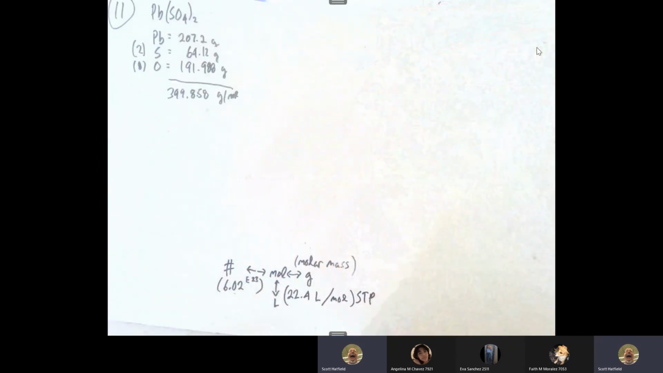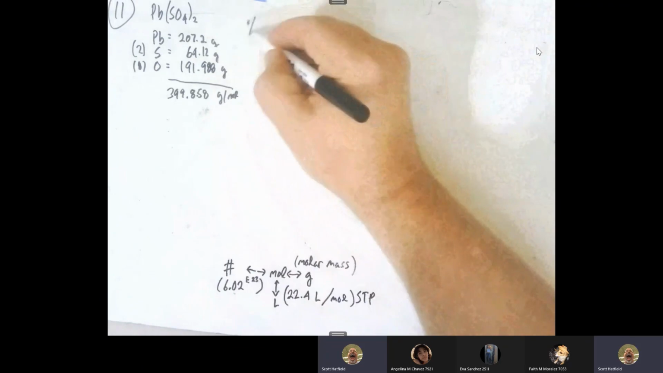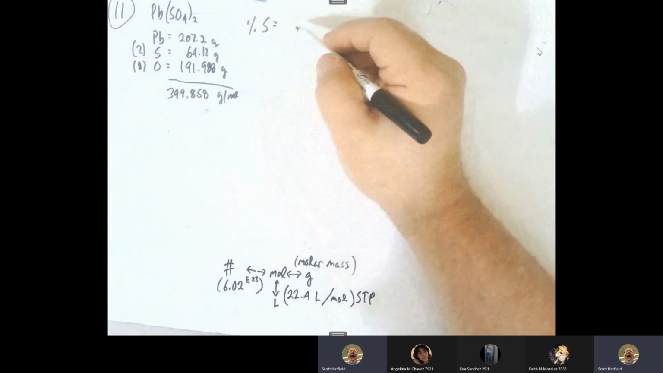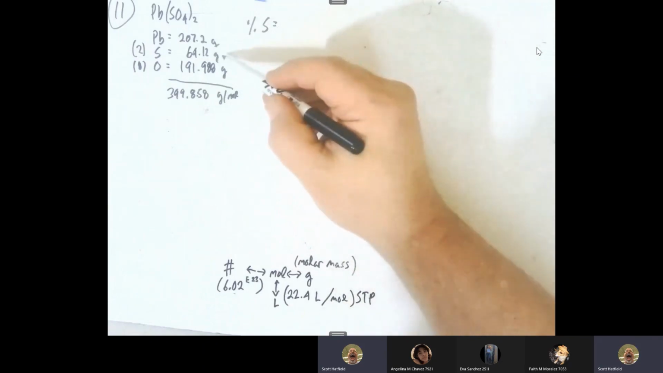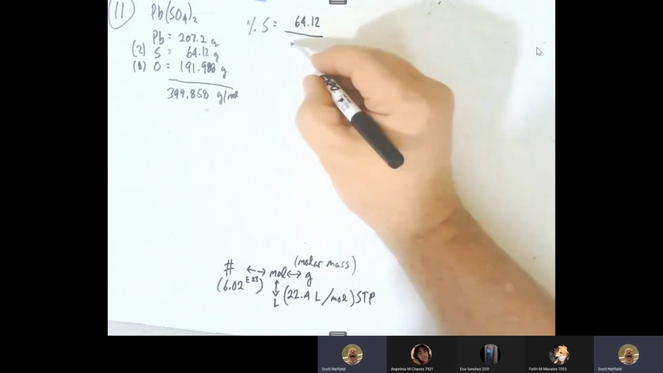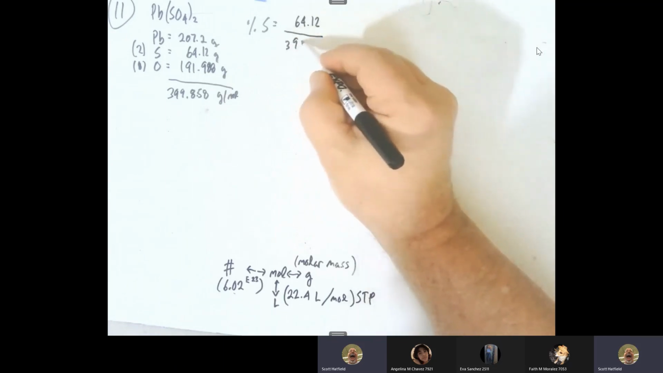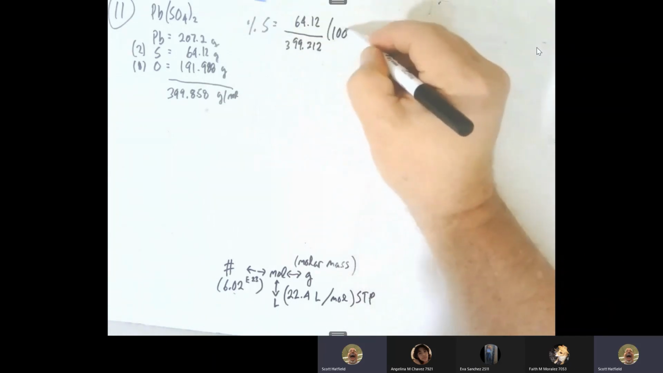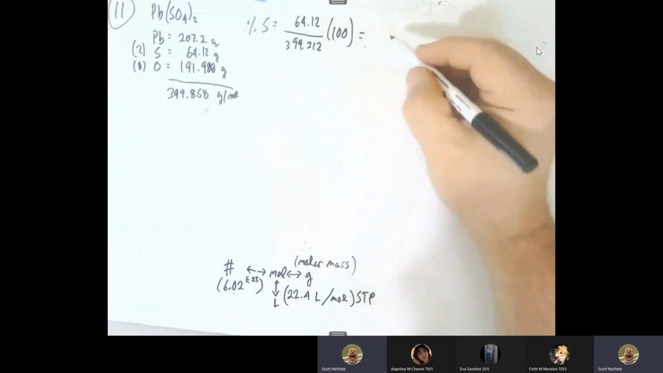In the problem, we're told that we have 2.65 grams of sulfur. So that's our thing that we're focusing on. We need to know the percentage of sulfur. We don't have to know all the elements, we just have to do sulfur. The percentage of sulfur in this is 64.112, divided by the mass of the total, which is 399.312. These are both numbers in grams, and the whole thing's going to be multiplied by 100. And if we do that, we get this number,